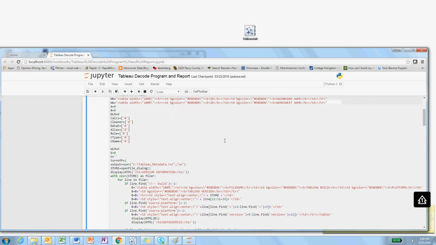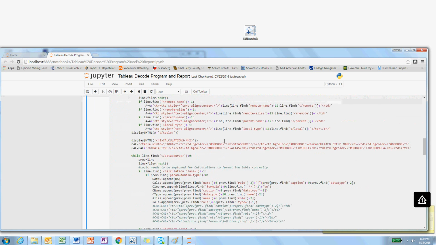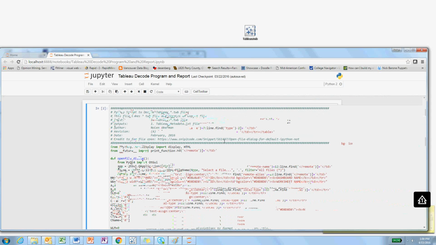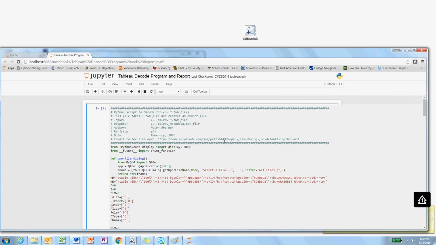And I've tried running it in Python 3. Some of the packages that I'm using are not compatible in the new version. So if you do run this, I'd recommend using it in version 2. You probably can modify and make some changes easily to get it to be compatible with 3. But for my purposes, this is a file I haven't extensively tested, but it's doing what I need it to do,